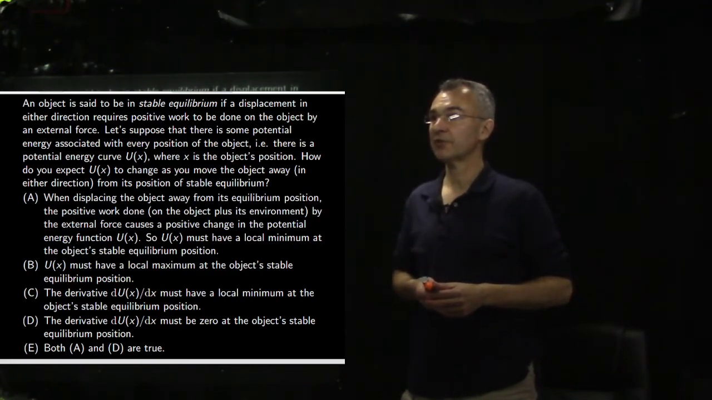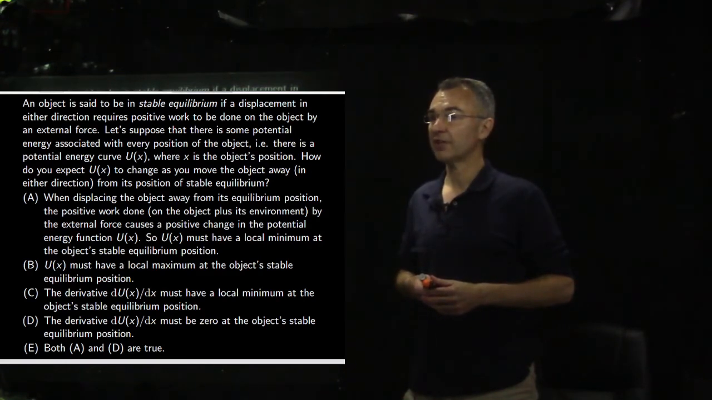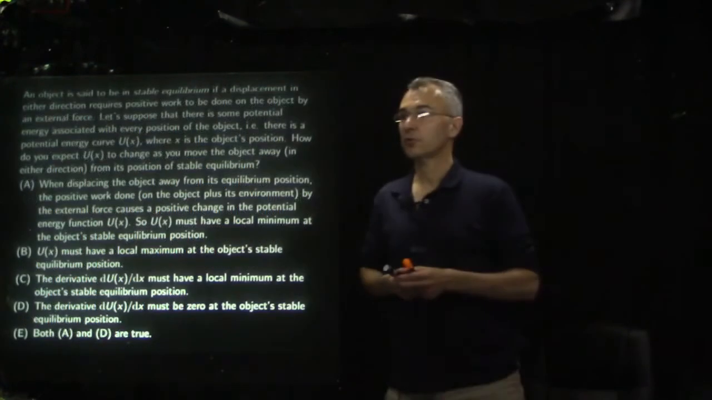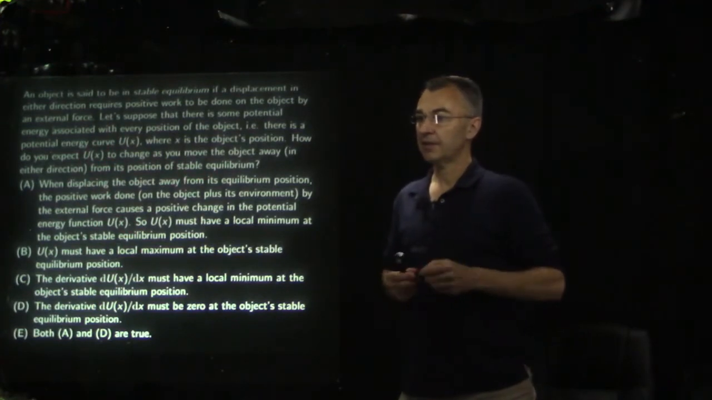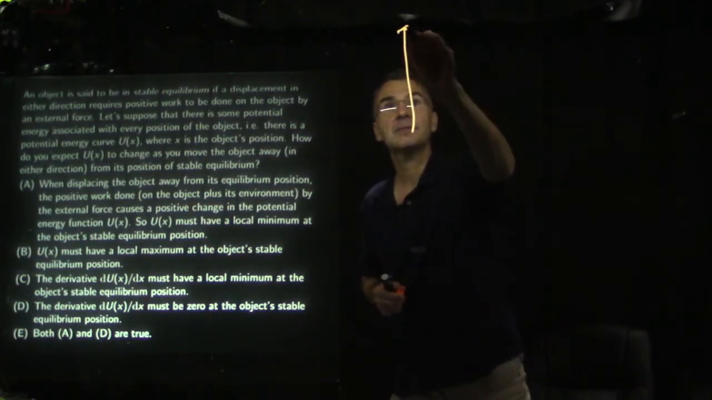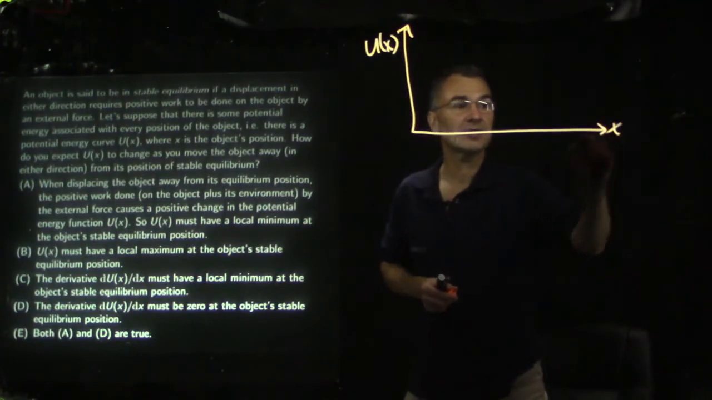Let's suppose there is some potential energy associated with every position of the object. In other words, there is some potential energy curve u of x, where x is the object's position. How do you expect u of x to change as you move the object away in either direction from its position of stable equilibrium? So I think if we associate some function u of x associated with every position, and